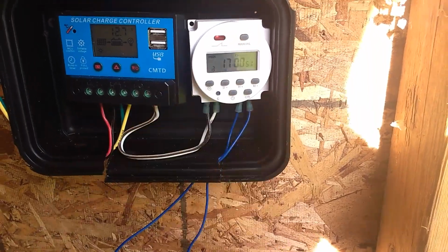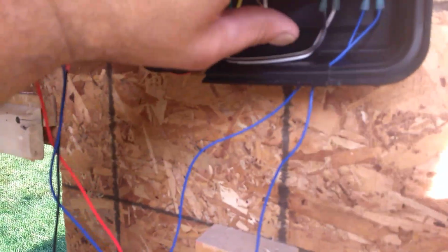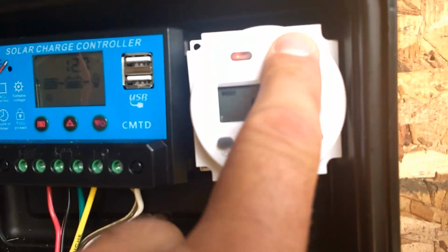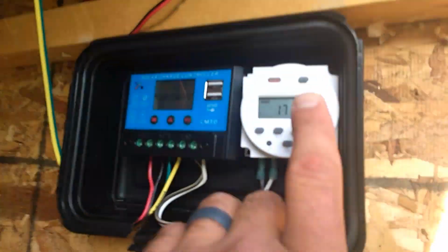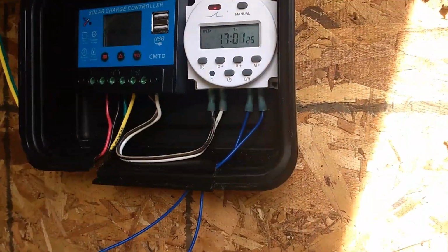So what we want to do is break that. And that's what this switch does. So right now it's on. It thinks that it's connected to a radio in a car and it's extended. Okay? So let's unlock this. Oh, and on these things you have to hit the CR button 4 times to unlock it. It locks after just a few seconds. So we'll manually trip this. Now it thinks that the radio in the car has turned off, and it closes, and that's it. So the switch has been broken. This connection has been broken. Now let's reconnect it,